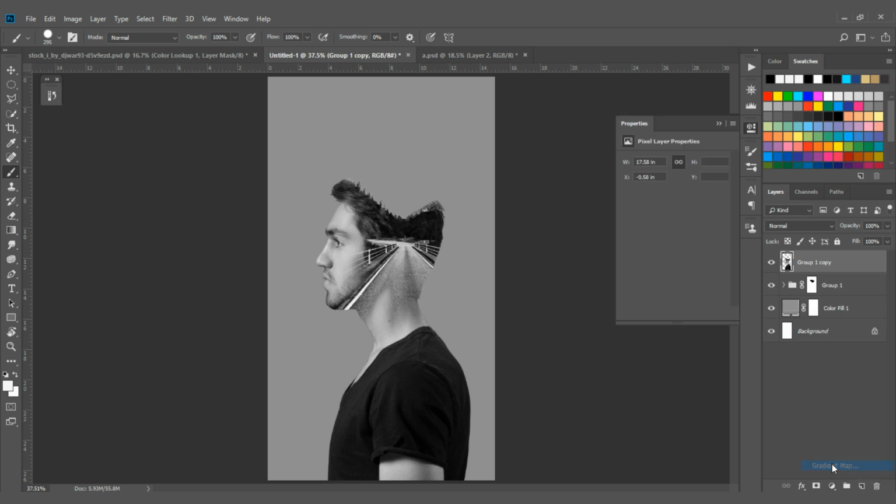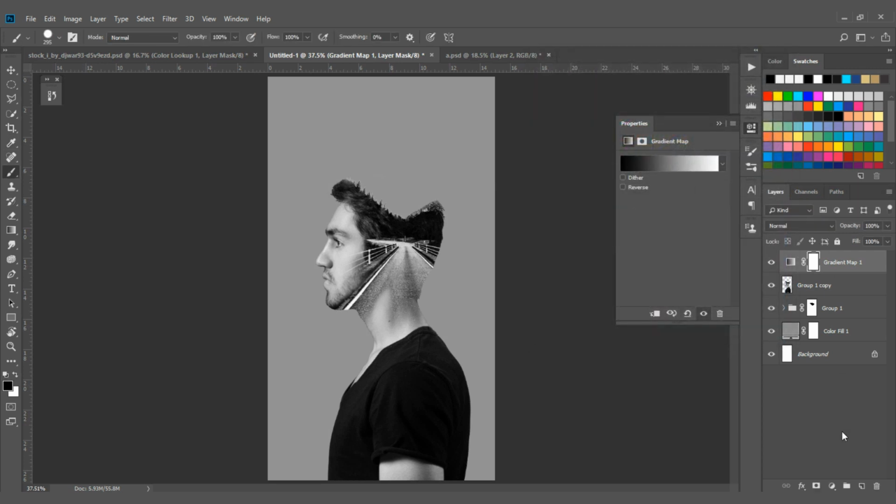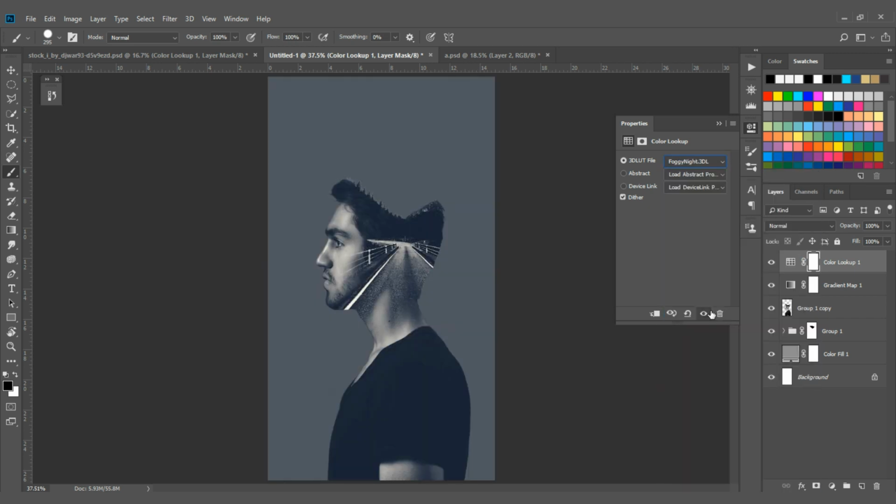and then select gradient map and select this black and white preset and then select OK, and then go to the adjustment panel again and select color lookup table and select this foggy-night.3dl lookup table and simply reduce the opacity if you want,